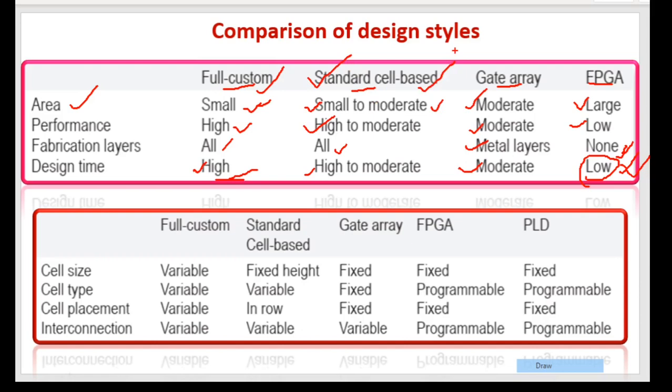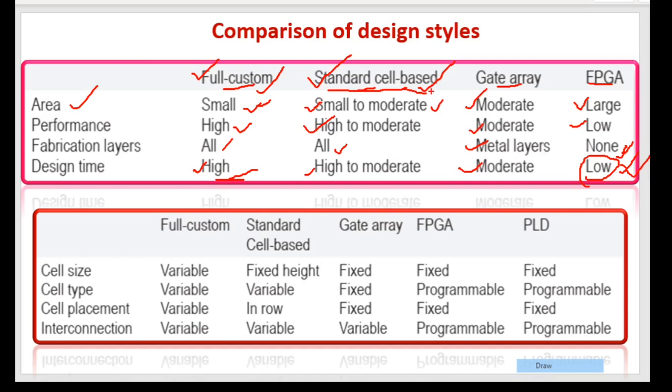Because no one wants to design the chip from scratch. Let's say we have a library that contains some optimized components, and we will pick up those components and build our circuit. So the standard cell based design is the most popular, most prevalent VLSI design style nowadays.